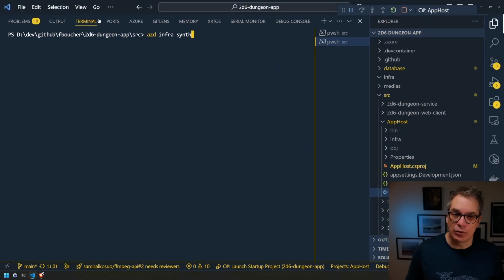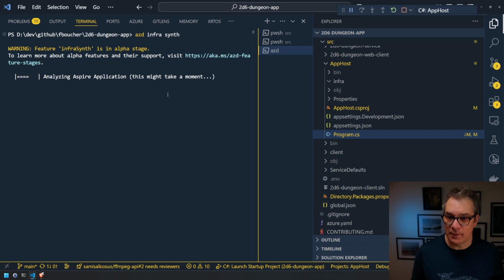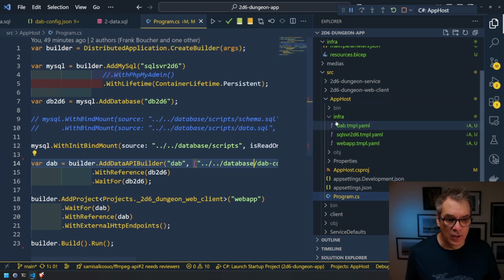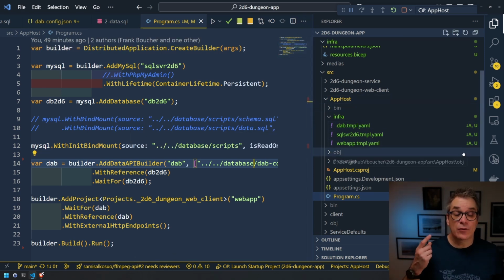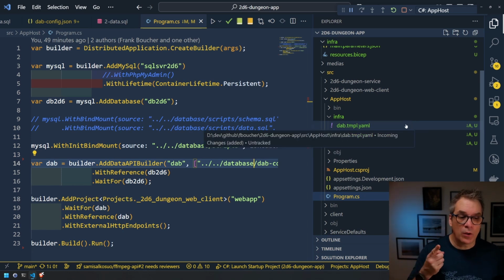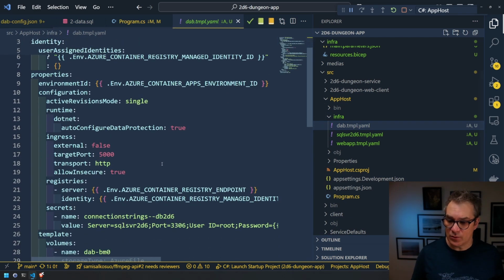So let's have a look at those files. So infra will generate the files. Excellent, the files are now here. As you can see, I had 3 containers, so I have 3 files. The one that we are interested in right now is DAB. So if we look into this one,